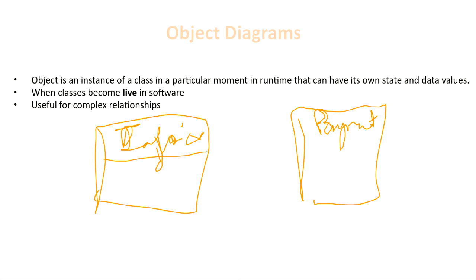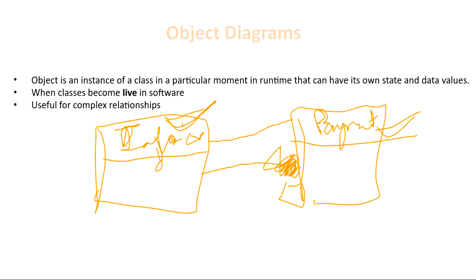So suppose there is an invoice class and there is a payment class, and by default I show some kind of aggregation between them. So it makes sense. Okay, that composition. Suppose I made a composition relationship between them. What does this mean? That if payment class doesn't exist, the invoice class will also not exist. If I made an aggregation, this will mean that if the parent class doesn't exist, then also the invoice class can exist. Or I can make a simple association between them, that there is an association between invoice and payment.